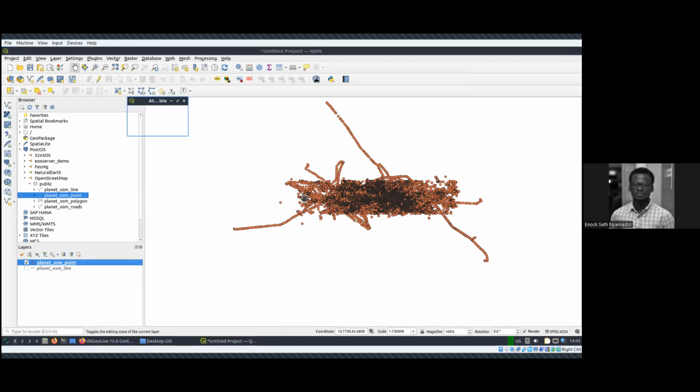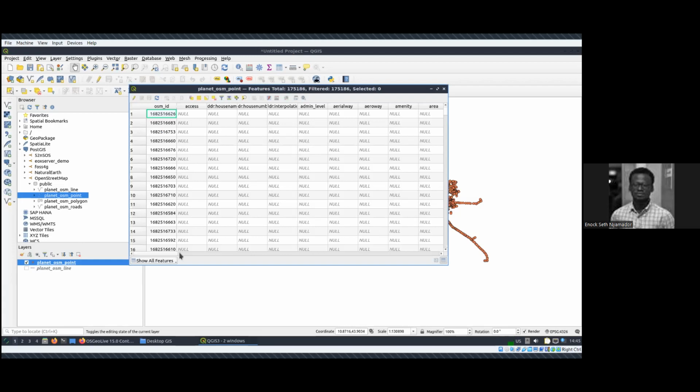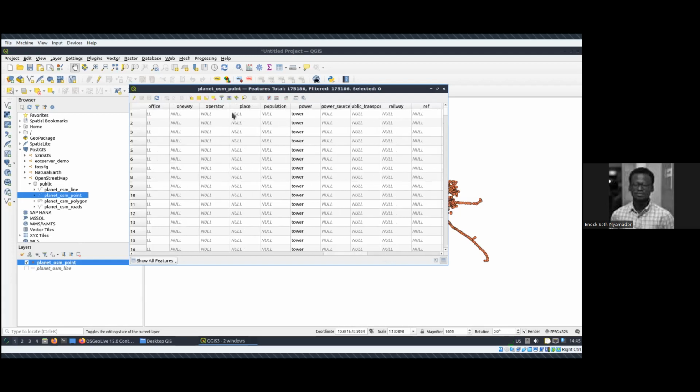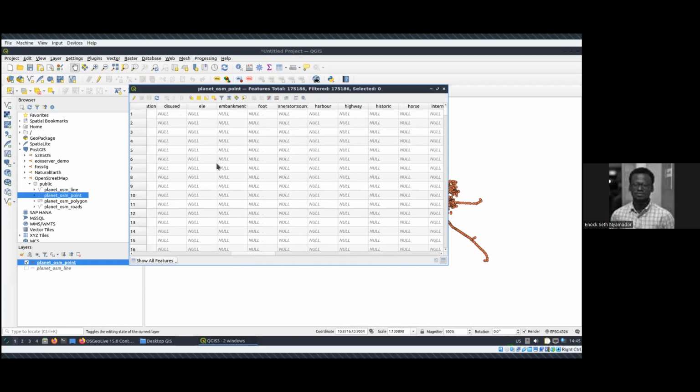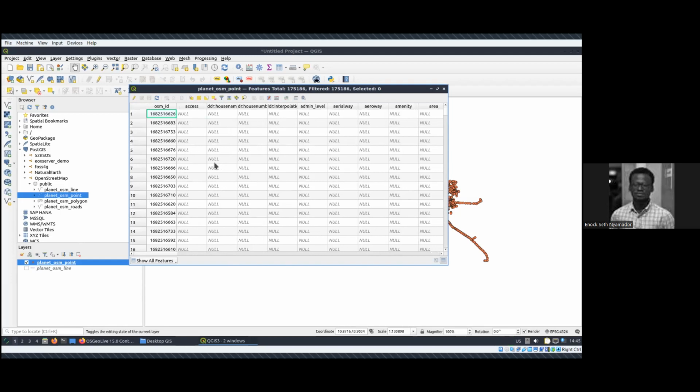And when we look at the attributes table, we should see things that we are used to on the OpenStreetMap tagging side. It's a lot of data. It's taking some time, but here it is. You can see you have columns. The keys become the column names. You probably should see amenity here. It's difficult to see it.